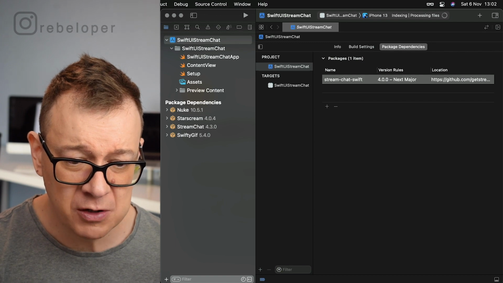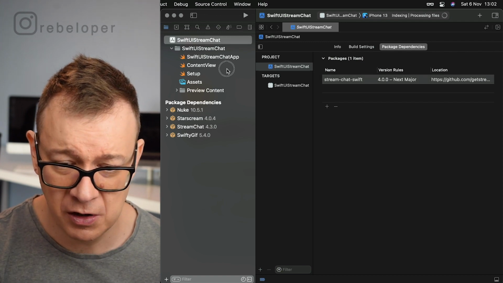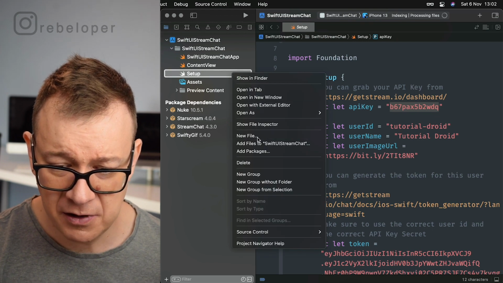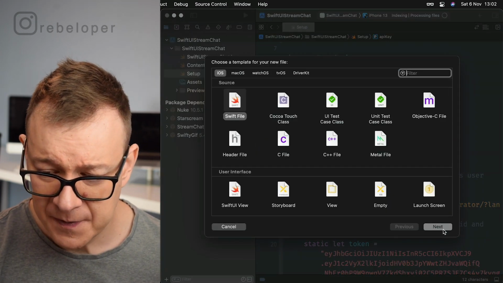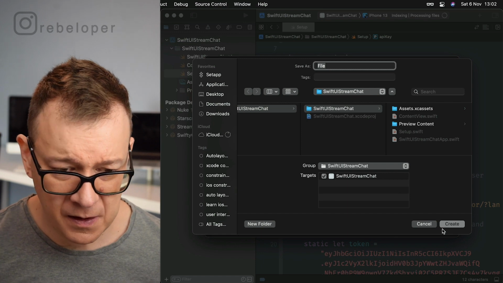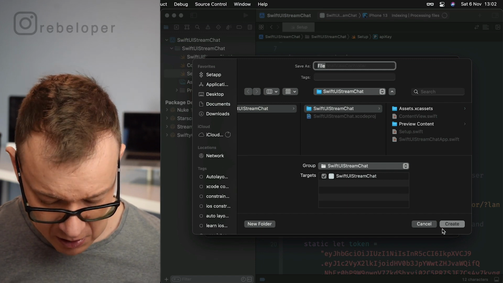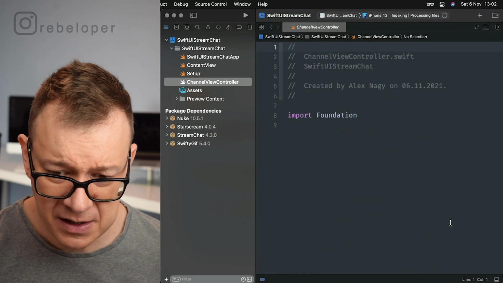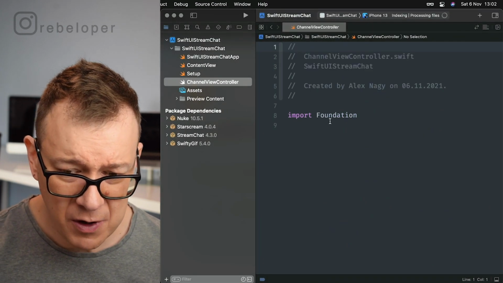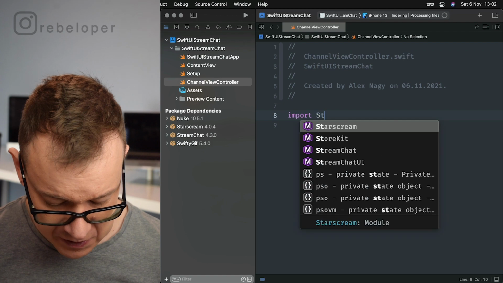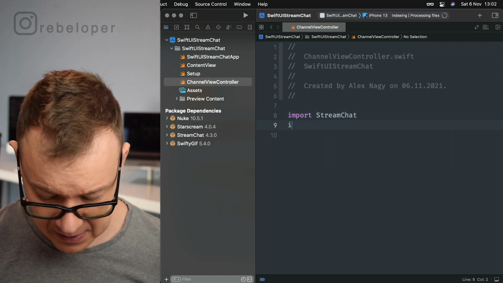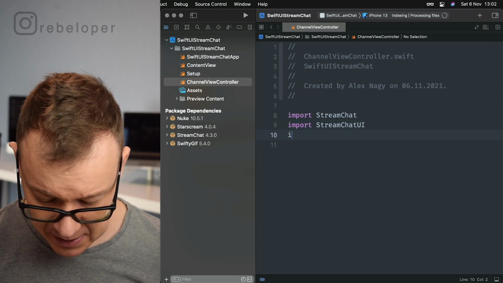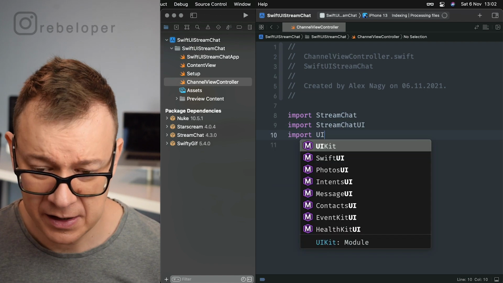The first one will be our channel view controller. So right over here, maybe after the setup file, let's just create a new file. And that will be our channel view controller. I will just copy this out so I can reuse it really quickly. What we want to do here is import, first of all, StreamChat and then StreamChatUI, of course, and then import UIKit.